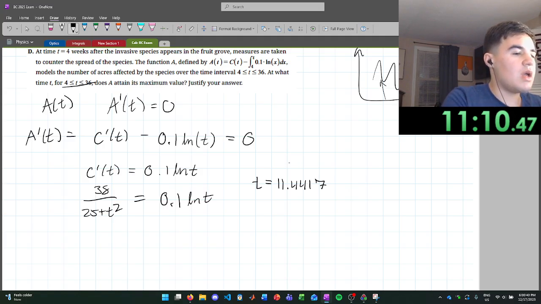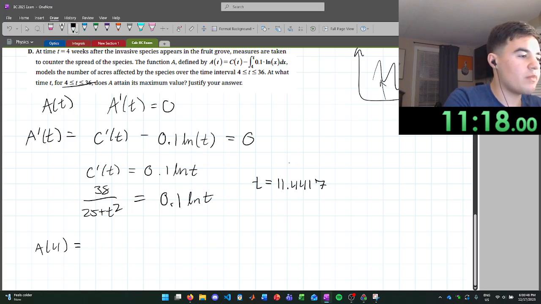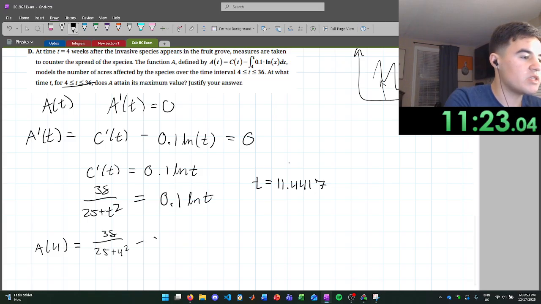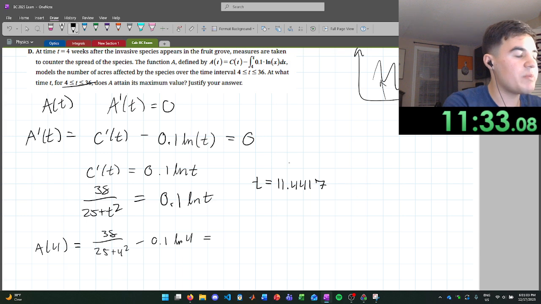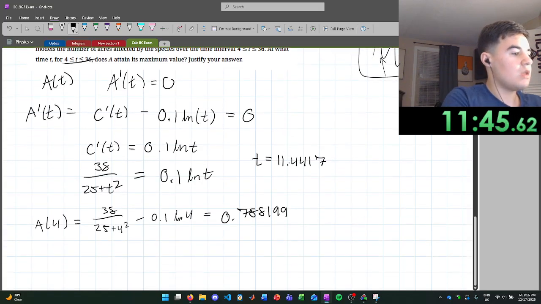11.4417. And then what we do is we evaluate a of 4, which is equal to c prime of 4, 38 over 25 plus 4 squared minus 0.1 ln 4. I guess it wants at what time, right? So we pick the t value for the largest value we get when we plug this all in. So 0.1 ln 4 is equal to 0.788199. Then we do a of